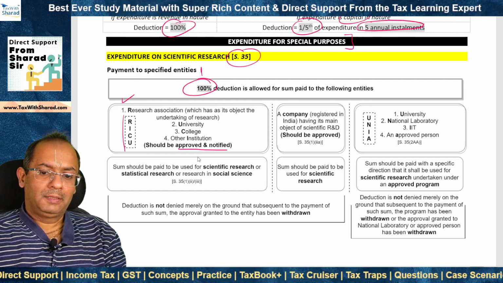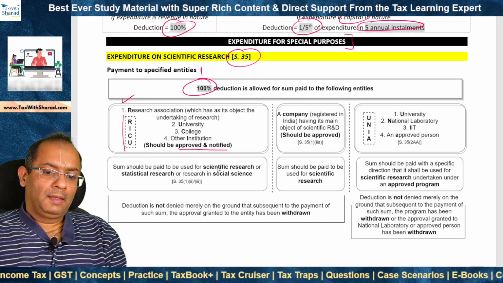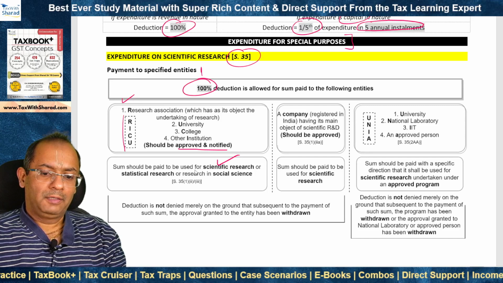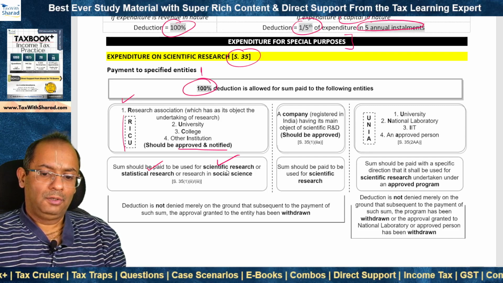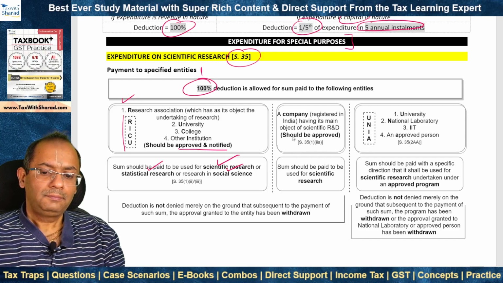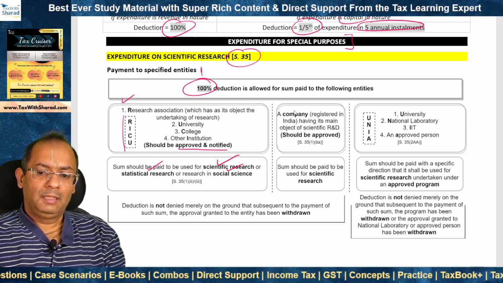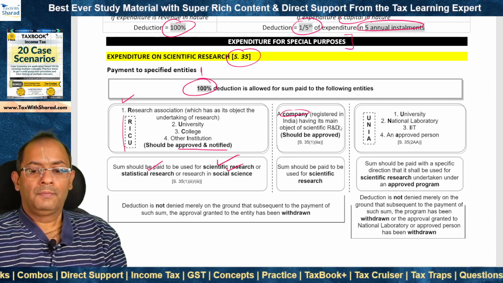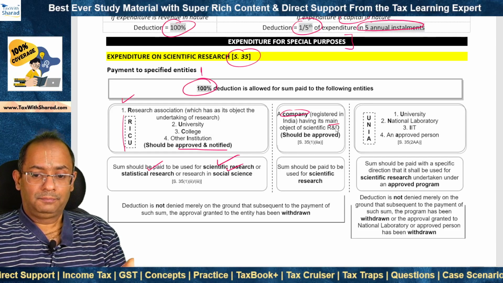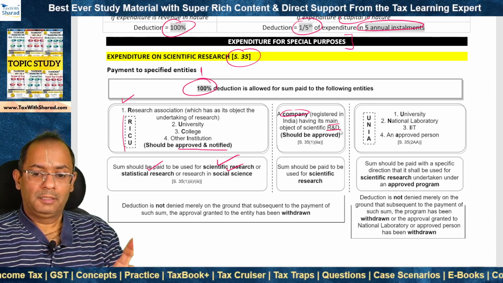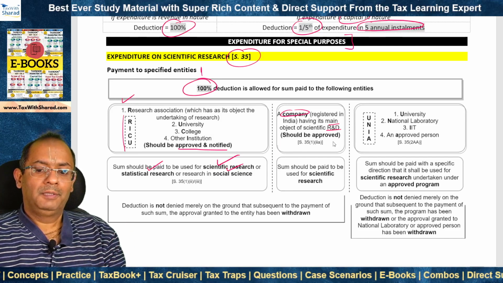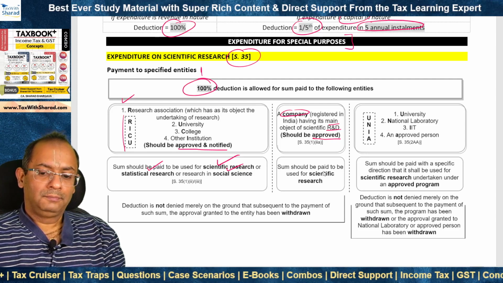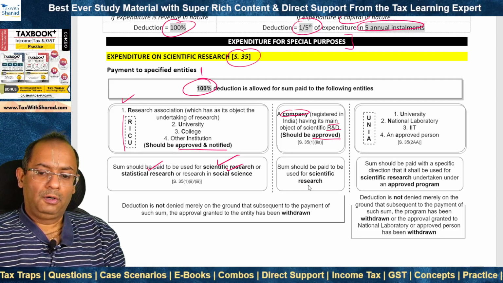In such case, 100% of deduction is allowed, and the condition is that the sum should be paid to be used for scientific research or statistical research or research in social science. Second, if the sum is paid to a company which is registered in India, not outside India, having its main object of scientific research and development, then 100% deduction is allowed if the sum is paid. The condition is that the company should be approved, and the sum should be paid to be used for scientific